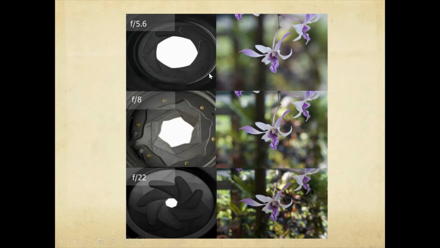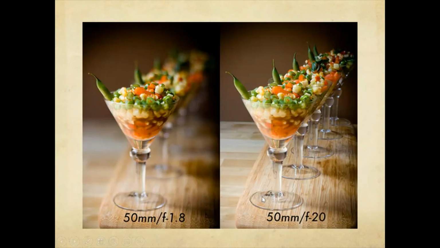Compare these three images. An f5.6, a fairly wide opening of an aperture, very much blurs out the background. As you shrink down the aperture to an f8, it gets a little bit sharper, and then an f22, a very small opening, gives you a very sharp depth of field. And these were taken with the same lens, they're the same exposure, but look at the depth of field here. With an f1.8, it blurs out very quickly and very dramatically from where you're focusing. With an f20, when you focus on the front glass, look at how sharp all the rest of the glasses